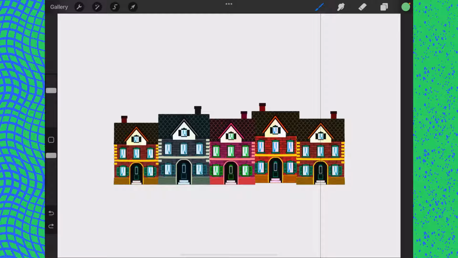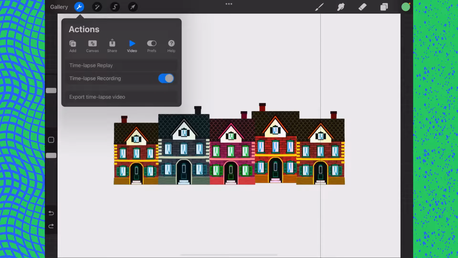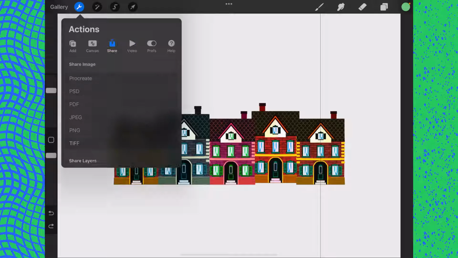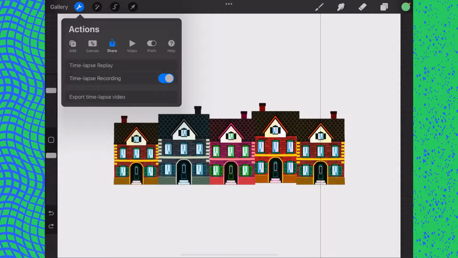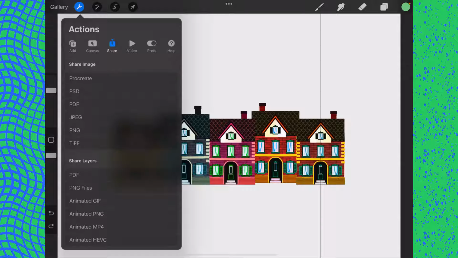Okay, so in today's video, we're going to go over a couple of real quick ones. In the Actions menu, you have Share and you have Video. So we're just going to go through these real quick. They're mostly self-explanatory. Under Share, you can save the entire Procreate file so that other people can use it, or you can use it elsewhere or at another time. It's a good way to back up your